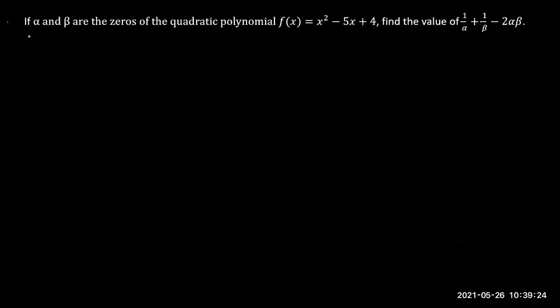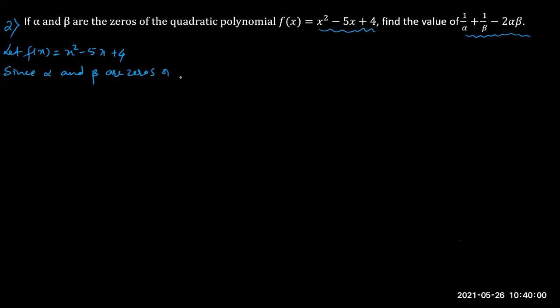So example number 2. If alpha and beta are the zeros of the quadratic polynomial f of x equal to x square minus 5x plus 4, find the value of 1 by alpha plus 1 by beta minus 2 alpha beta. So we'll consider the given polynomial. Let f of x is equal to x square minus 5x plus 4. Since alpha and beta are zeros of f of x,